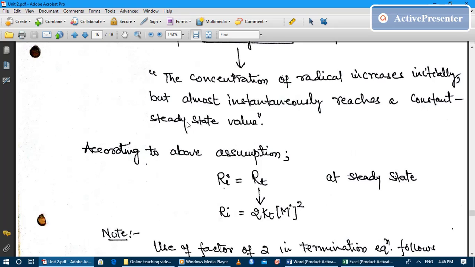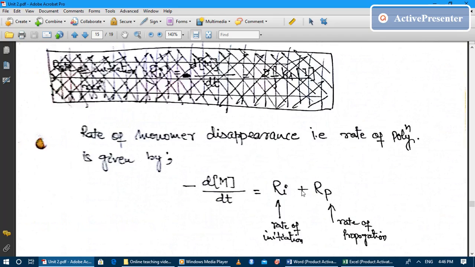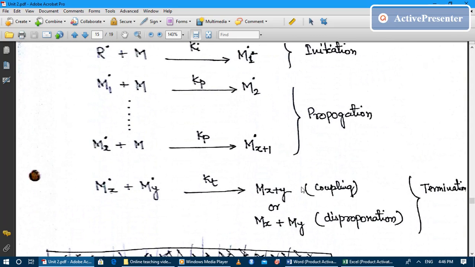Then only the concentration of the free radical will attain a steady state value. So this is the basic assumption, where Ri is equal to Rt according to the steady state assumption. And Rt, we can see from the above mechanism, is equal to 2 kT [M dot] square, because in my termination reaction